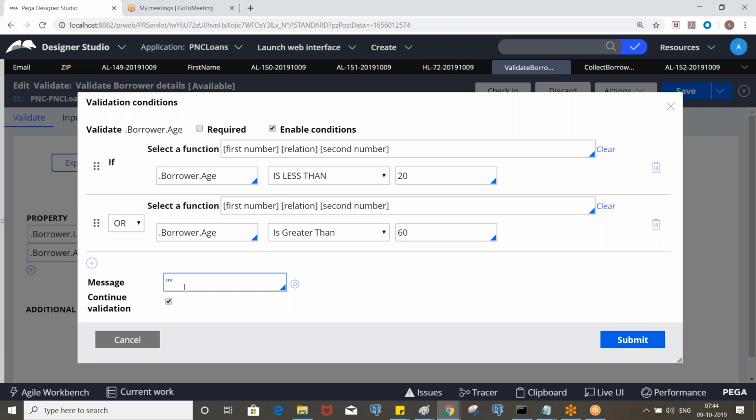So you can put the message: age must be in between 20 and 60.